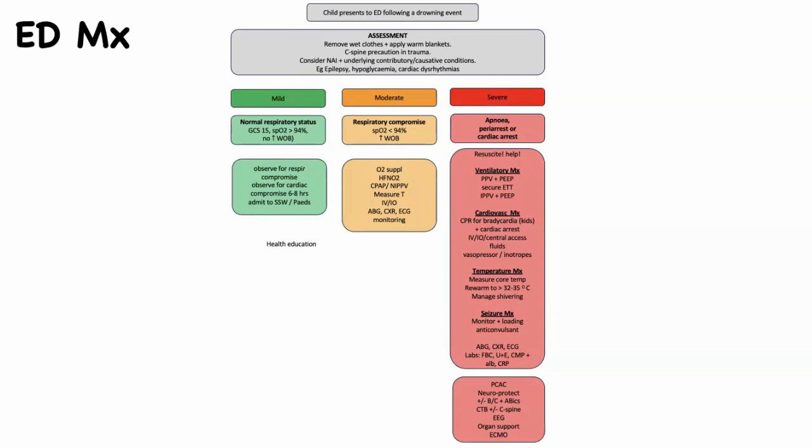This patient needs much more investigation. So we'll need bloods, including a CMP, an albumin, maybe a CRP as a baseline. If you are worried the patient has been submerged in sewage, blood cultures, antibiotics might be considered for those patients. For post-resuscitation care, you look at your post-resuscitation algorithm and look at neuroprotection. The patient is going to need a CT brain with or without a C-spine, depending on the mechanism. So if there was trauma, please consider EFAST and doing a full trauma workup.